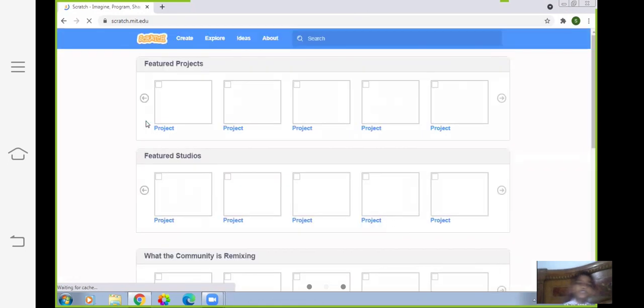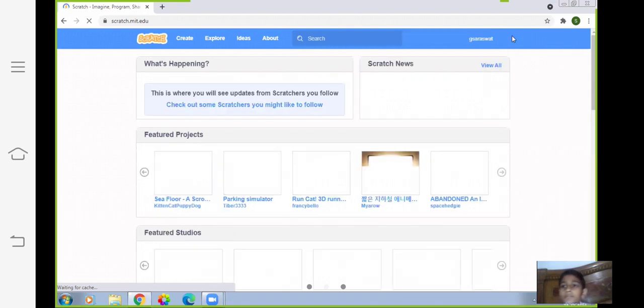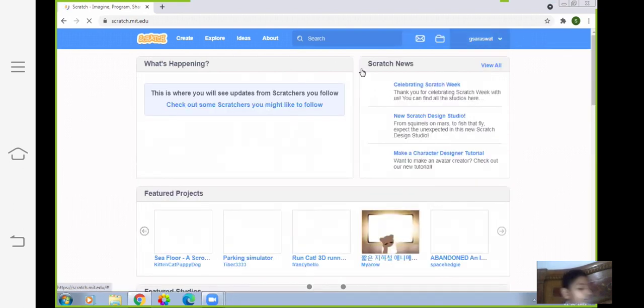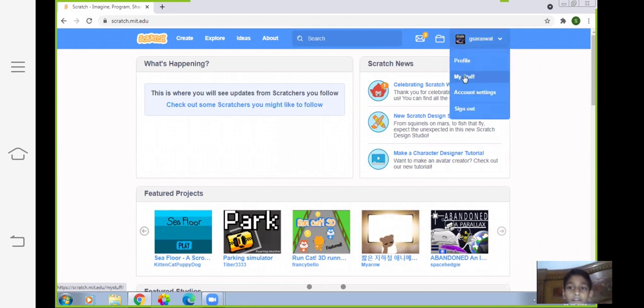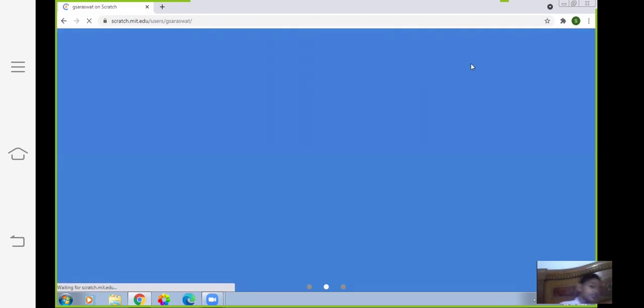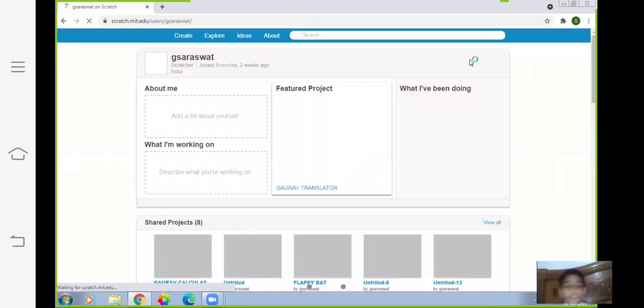Okay, so let's open. This kind of web page will open. You have to click on this and my profile. Okay, it's loading. Yeah, it came.